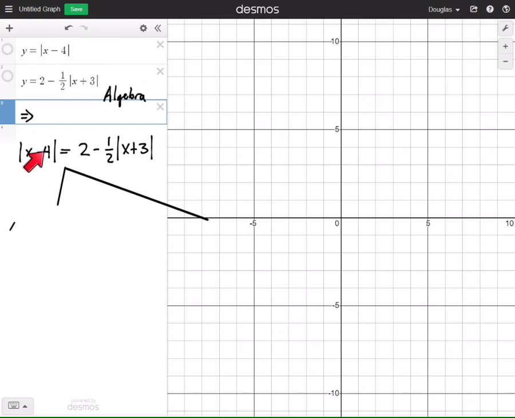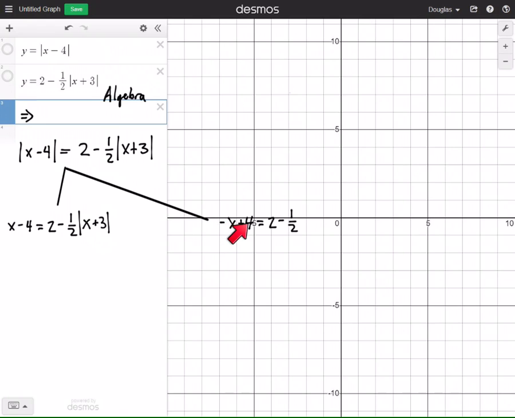Because if this stuff is positive, like when x is 7, this is going to be positive, I just leave the 7 alone to get rid of the absolute value. So in one situation, I will get rid of the absolute value and just leave everything alone. On the other hand, x could be 2. 2 minus 4 is negative, and in order to take the absolute value, I have to take the opposite of negative 2. So for those situations, I'm going to show